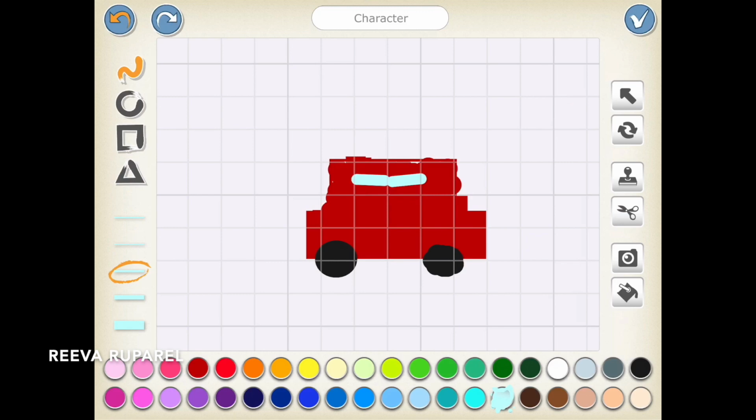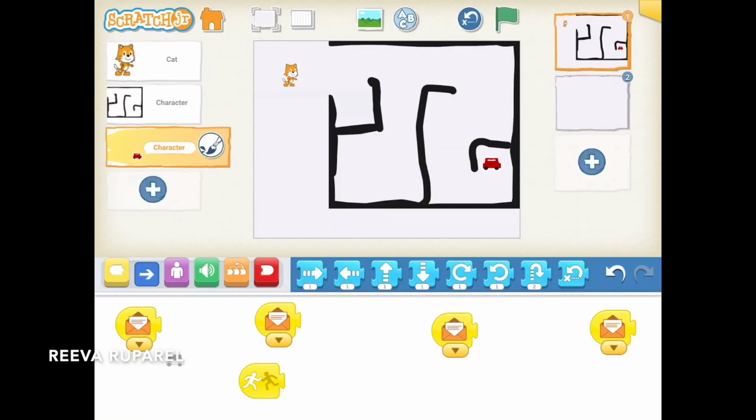Okay, fine. Now let's go back to our project. I'll just take the right tick mark, okay, and tick it, and our character is ready. So I just dragged it on to the screen, so it has a place of its own on the screen. So as you can see, there is